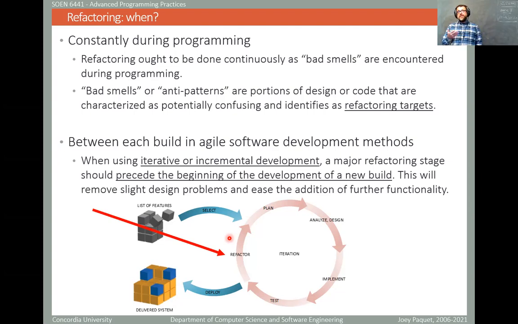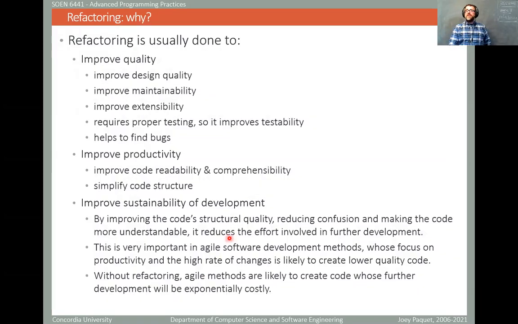So when your focus is on speed, then of course you are likely to implement suboptimal design solutions. So it's possible that after the build is finished, yes, it's going to work, but it is kind of shaky in some places, design speaking. Okay, so that's why you have to look before you start the next build. Then you look at your code and you fix things so that it actually is proper before you continue on the next build. If you don't do that, then this is where I was